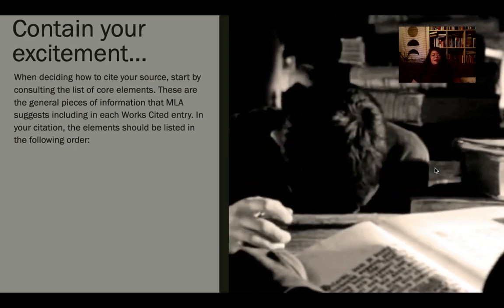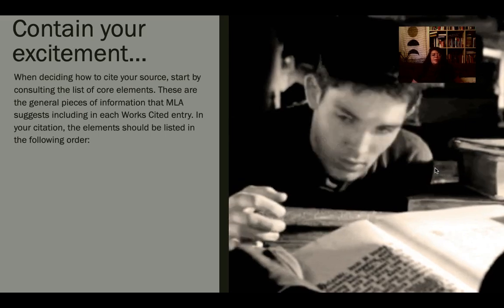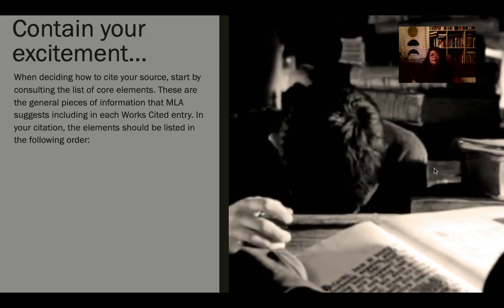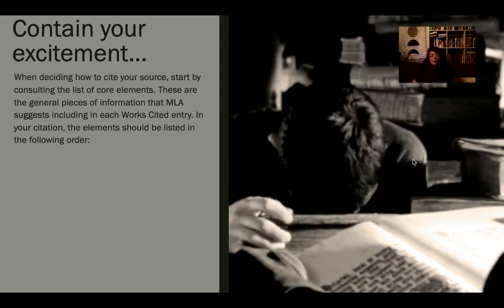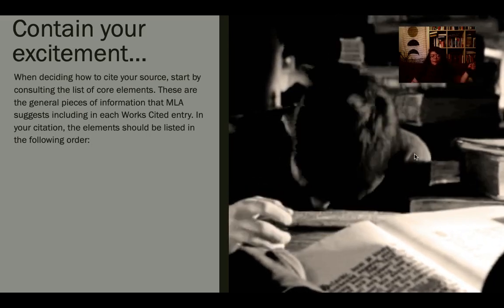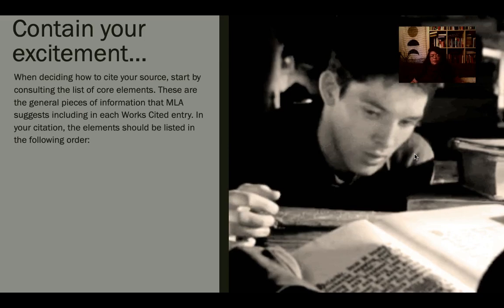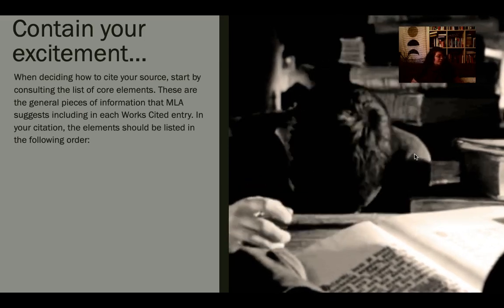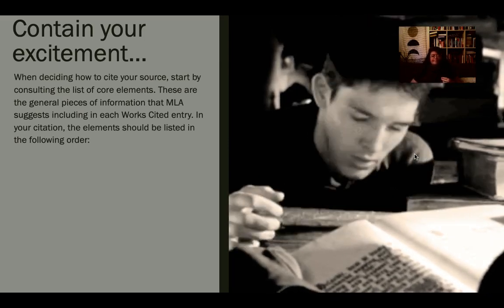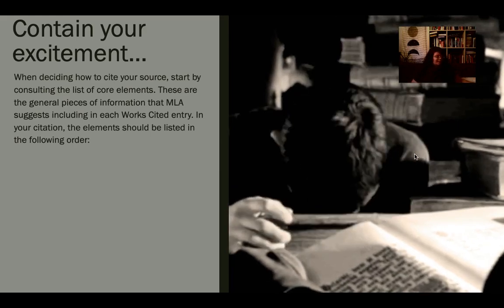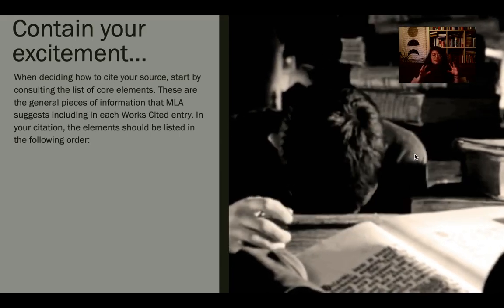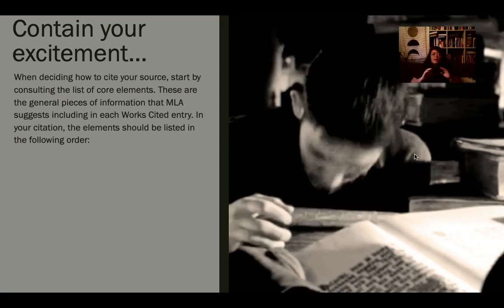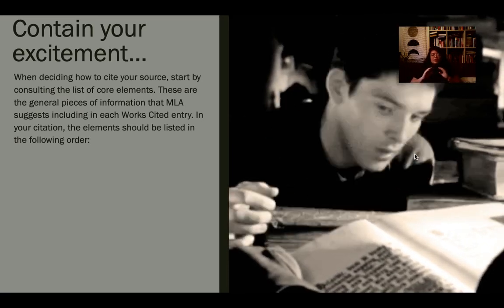When deciding how to cite your source, start by consulting the list of core elements. So, MLA recently had a huge update. And the only thing that really changed about what they were trying to do with this update is that, Quentin, stop. No. Sorry, my little pup is sitting next to me, right? So what they were trying to do with this update is figure out a way to make every single source the same